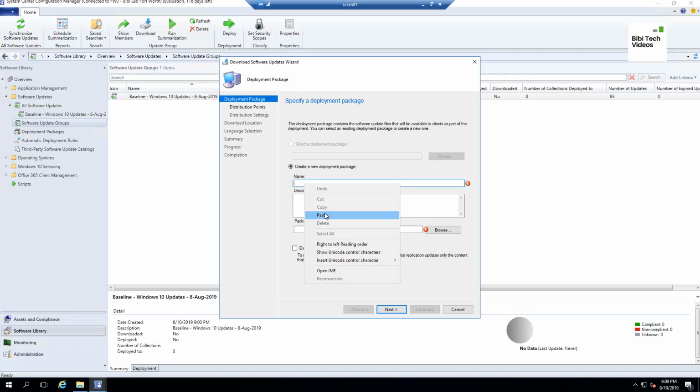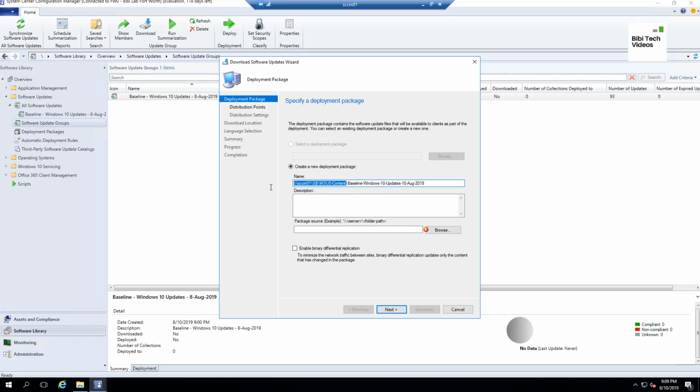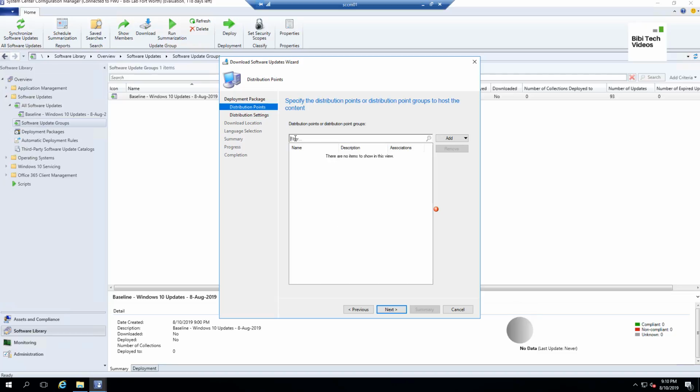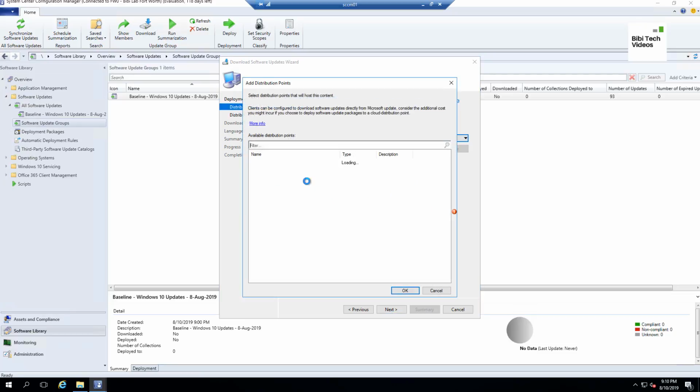So give it a good name, one that will make sense. To make it easier, I'm going to call it baseline Windows 10. That should work. The path needs to be what I copied, or you could browse and go to the folder that you want. Click OK. I have this path, so I'm going to click next. This one is asking what distribution point it also needs to be distributed to. So I have only one, which is